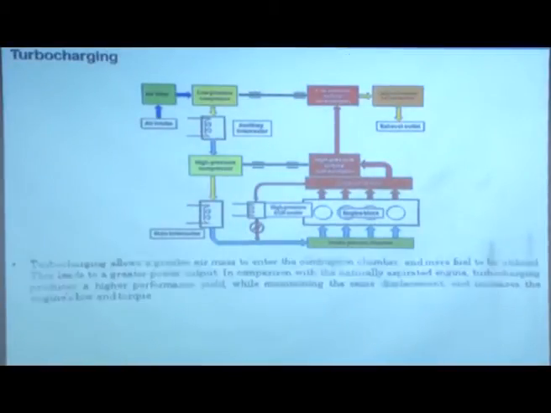Now, here you see this is a general configuration, air is taken in, passes through an air filter, then you have a low pressure compressor connected to a low pressure turbine, and then you have an intercooler where the temperature is reduced, then it goes to the high pressure compressor which is again connected to a high pressure turbine via a shaft, and then again you have another intercooler, temperature is reduced, this goes into the intake plenum or intake manifold, from where it goes to different cylinders at high pressure. The engine is supplied with high pressure air, then exhaust goes out and part of the exhaust passes through the EGR cooler and goes into the intake.